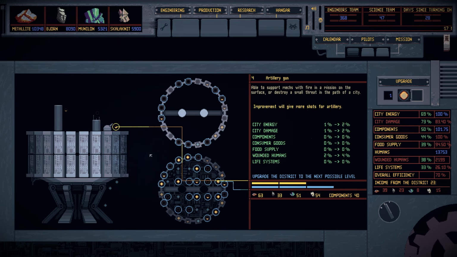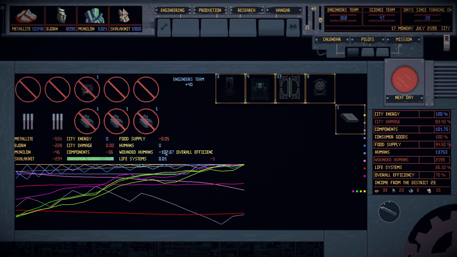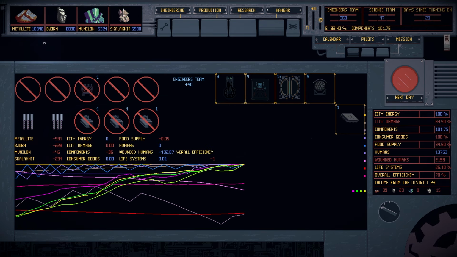Right, now, today then, we have got a couple of things that we're probably going to want to have a look into. Let's just quickly go over the amount of humans that were healed. 102. Very happy about that. We've got 100% on the consumer goods. Food supply starting to decrease, actually, so we're probably going to want to increase that one. And wow, we lost a lot of materials, though it's really not a problem. Honestly, the